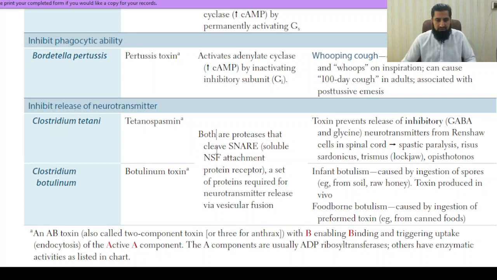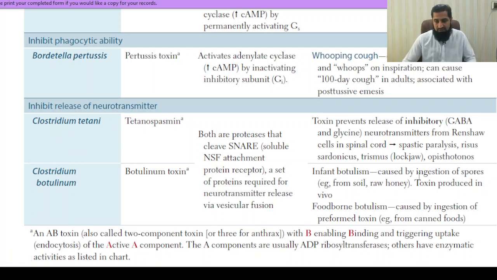Both are protease and the SNARE, soluble NSF attachment protein receptors, a set of protein required for neurotransmitter release via vesicular fusion. Clostridium tetani toxin prevent release of inhibitory GABA and glycine neurotransmitter from Renshaw cells in the spinal cord, lead to spastic paralysis, and risus sardonicus, trismus, lockjaw, and opisthotonus are the clinical presentations for Clostridium tetani, while Clostridium botulinum infant